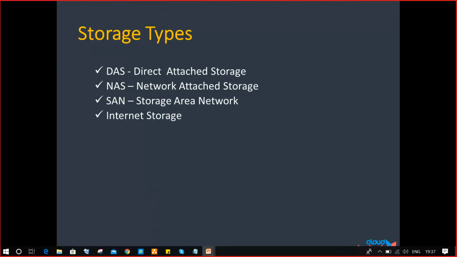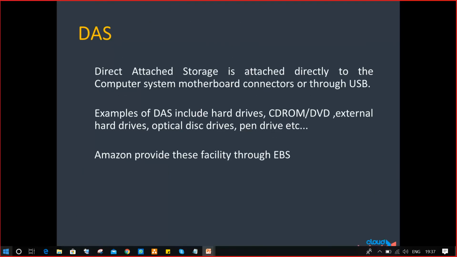So storage types. Basically there are four storage types. One is DAS, NAS, SAN, and internet storage. So first one, direct attached storage.